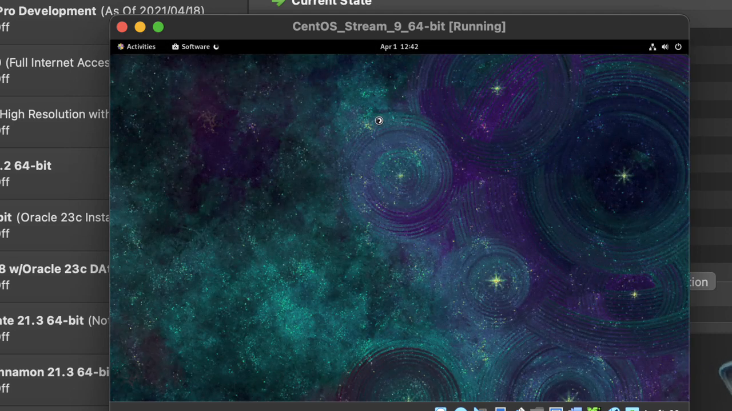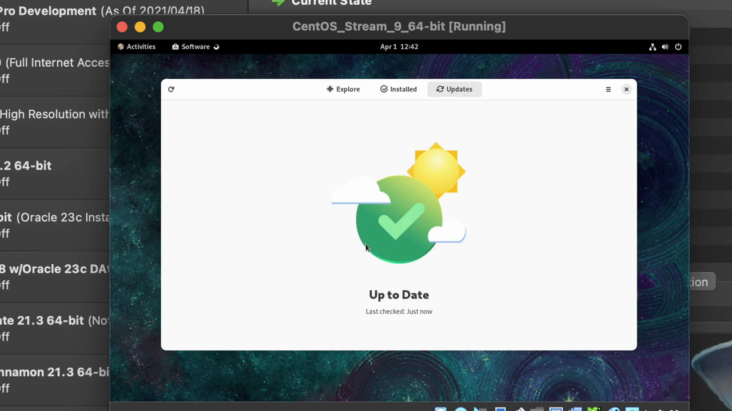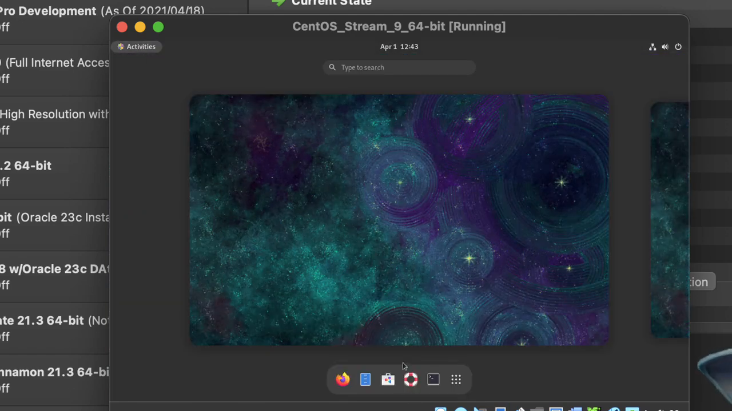Now, if I was doing this on the terminal, I'd be done by now. But the GUI is a little bit more involved. I'm going to click on updates. It says I'm up to date, but I don't believe it. So this is where you would normally update your apps. So what I'm going to do now, instead, is click activities, and go down here